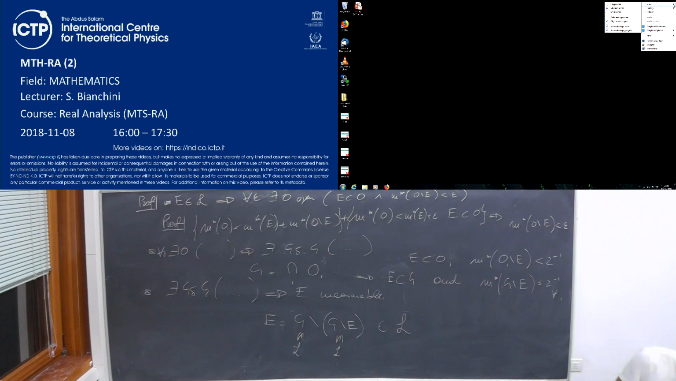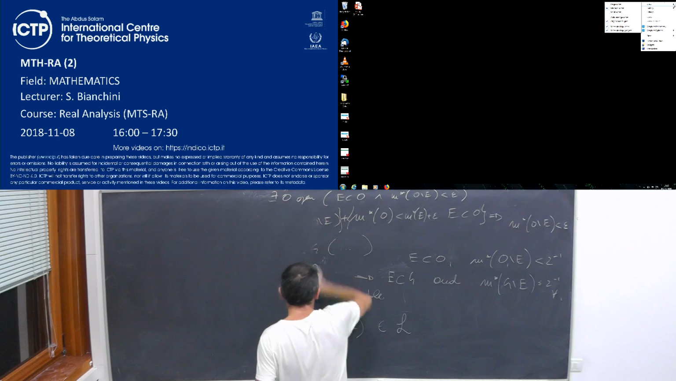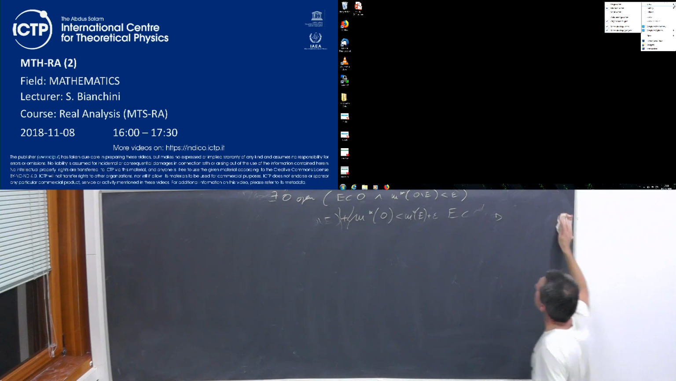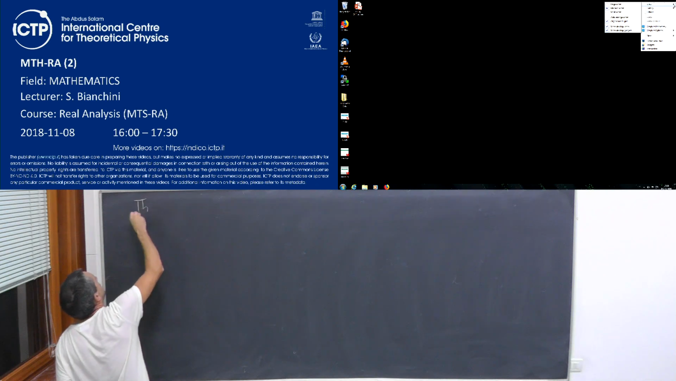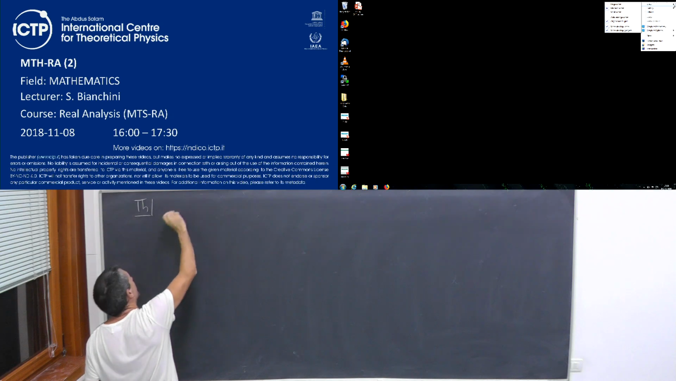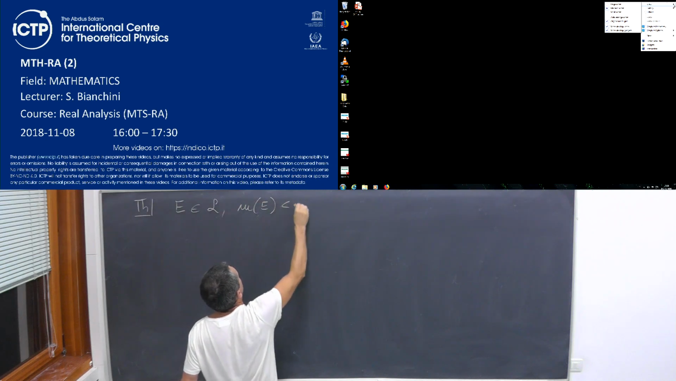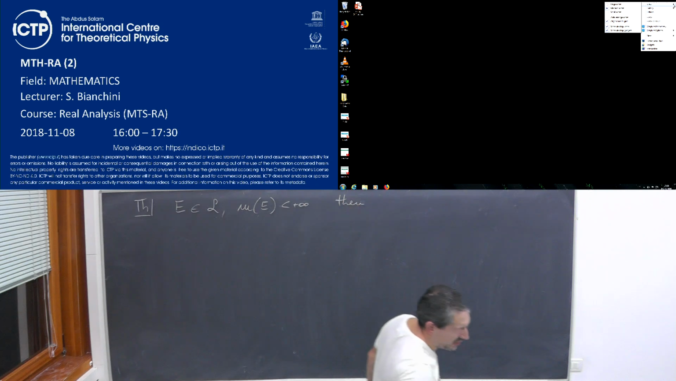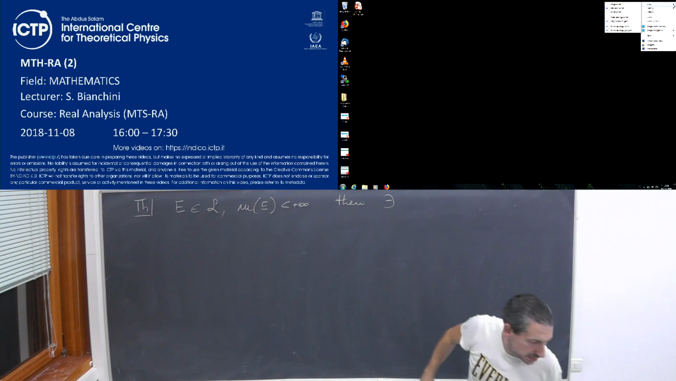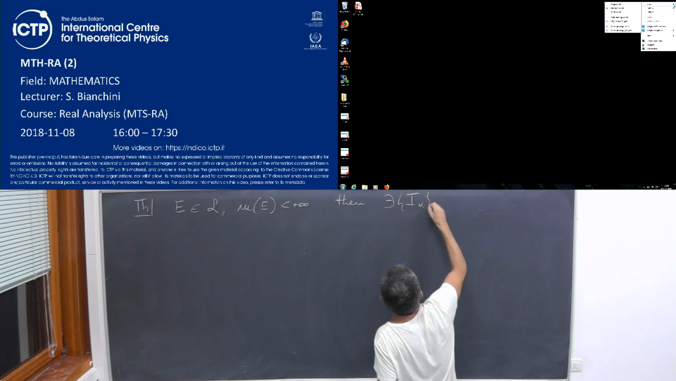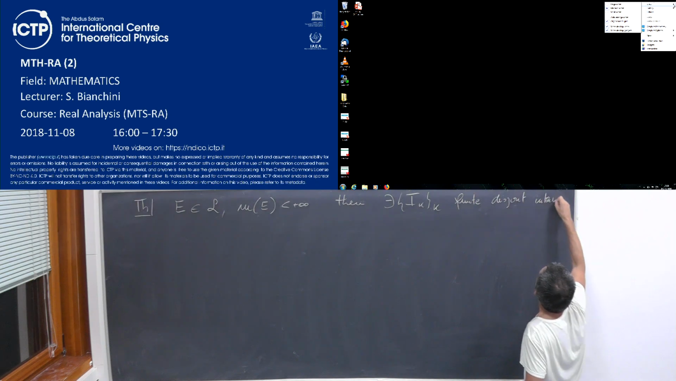Okay, now this, I think they cite it here, but it's an exercise, in my opinion, and we do it as an exercise. It's stated like this here. So if E is measurable, and the measure of E is less than plus infinity, then there exists a finite family of disjoint intervals such that